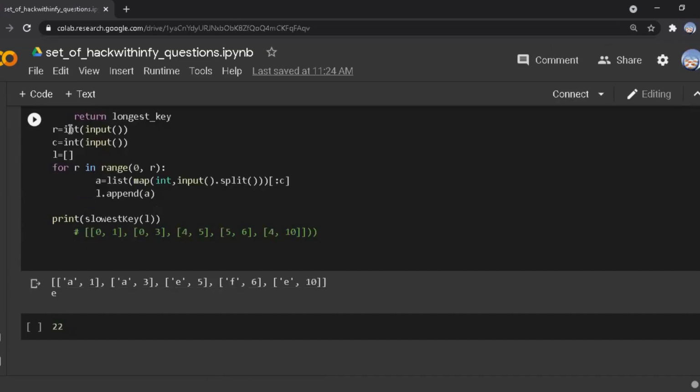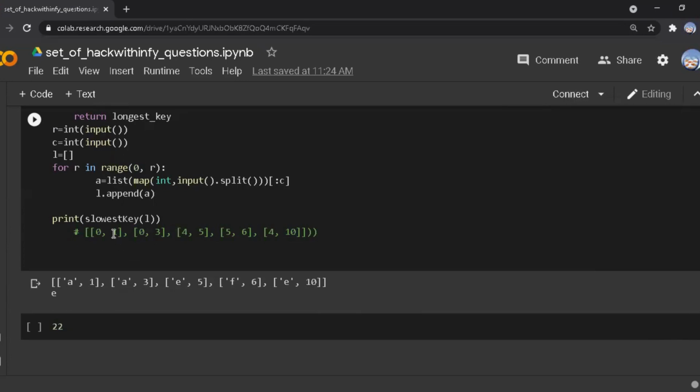Here we are given the R value and C value, the number of rows and number of columns, and we are inputting this list. After that we call the function and print it.